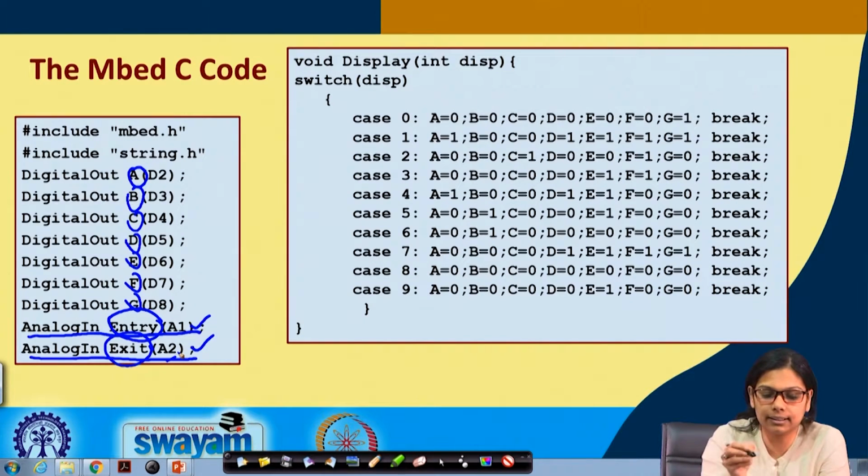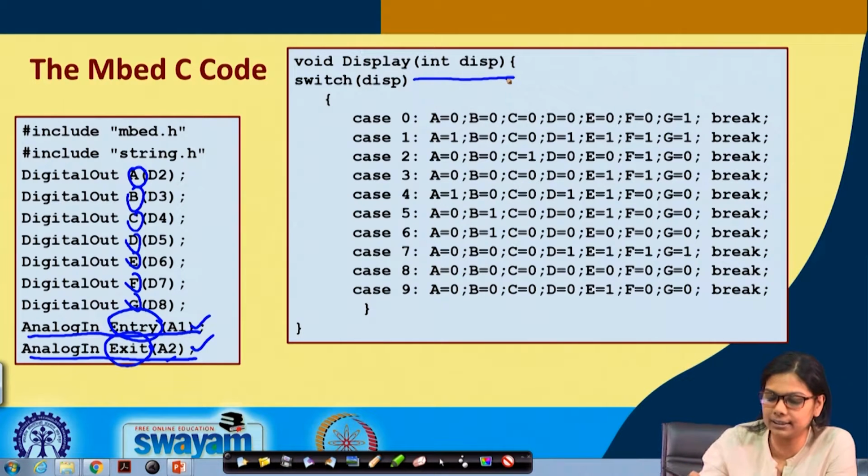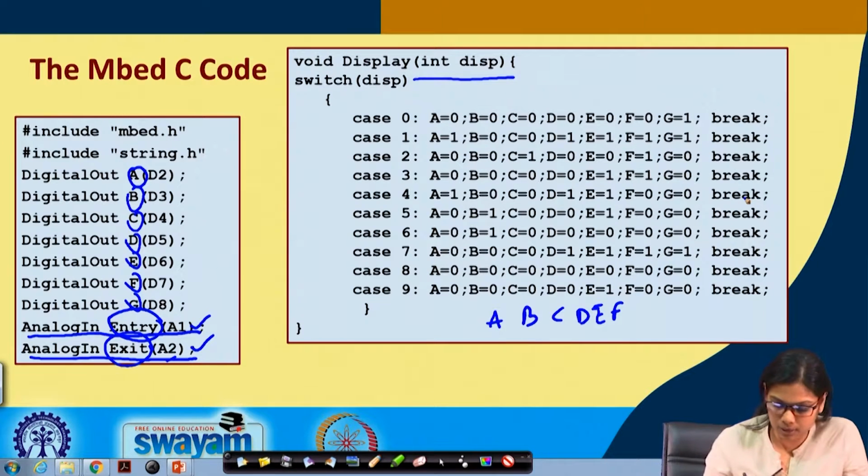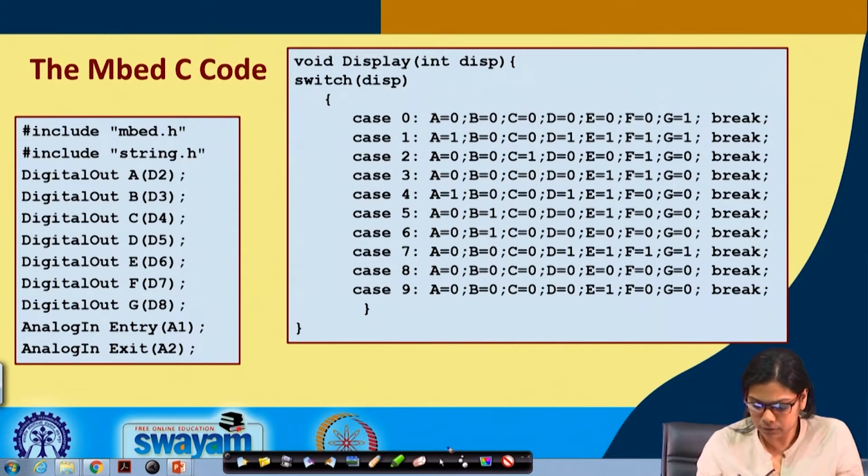And this is the display function basically, where we are displaying 0 to 9. Same way here also we have done 0 to 9, but of course you can go beyond 9. You can also display A, B, C, D, E and F. That is for your homework, you can do it. So, here we have displayed from 0 to 9. This is the code which we have already discussed. Now, let us see the further code,